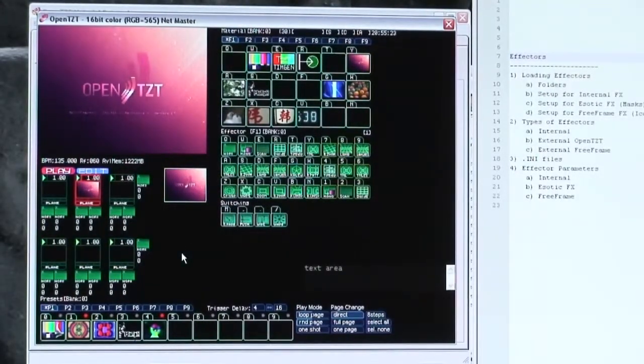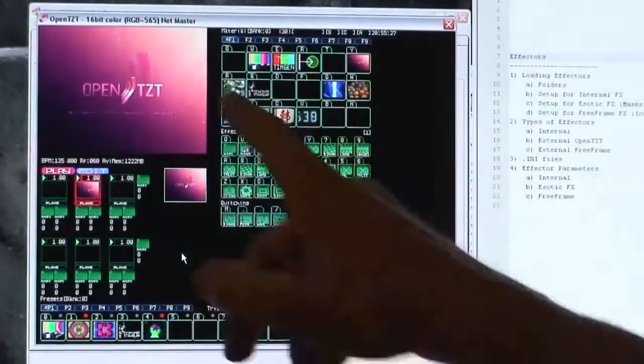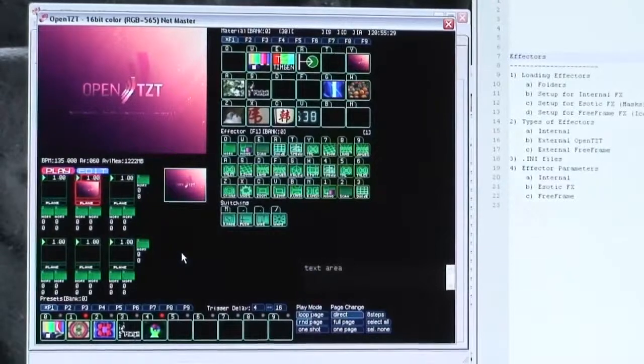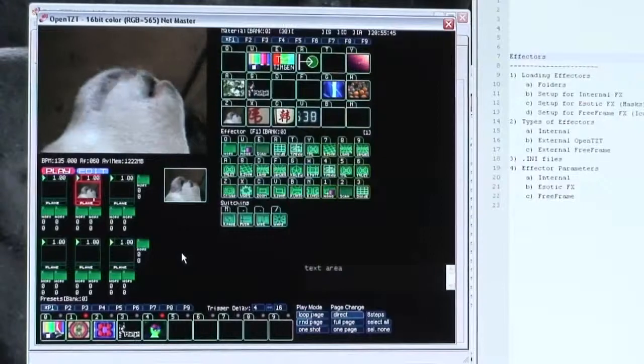So here we have some videos and some effects, and here's my little preview window. The preview window is always 320 by 240. It just is. Your output window will be whatever the output is for the resolution that you picked when you ran the program. So I'm going to load in a clip, and here I got a goat chewing. I think that's funny,